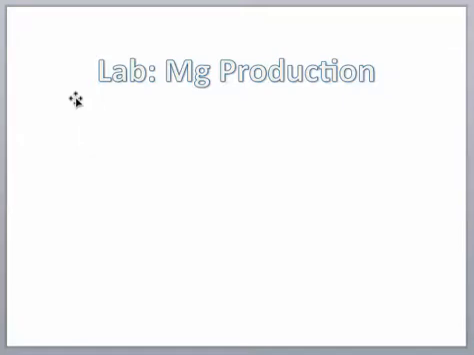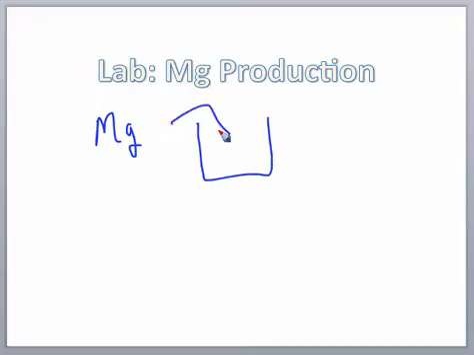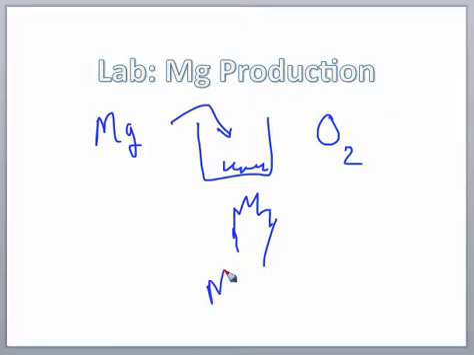Alright, so what we're going to do is take a look at that lab that we did where we took the magnesium metal and put it in a crucible, and then we burned the magnesium, which was essentially reacting it with oxygen. Then we had that white ash in the bottom of our crucible when we were done, and that was the production of